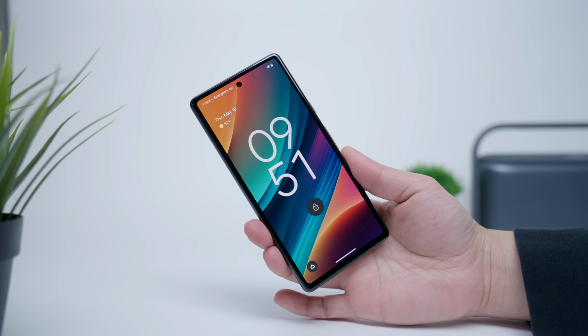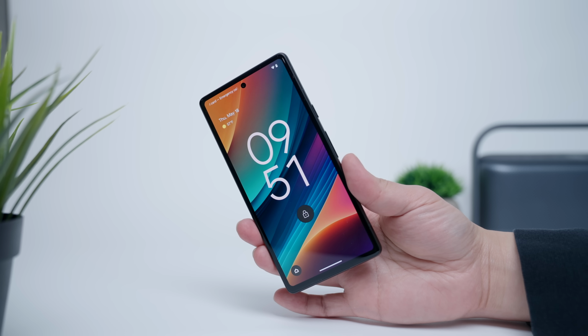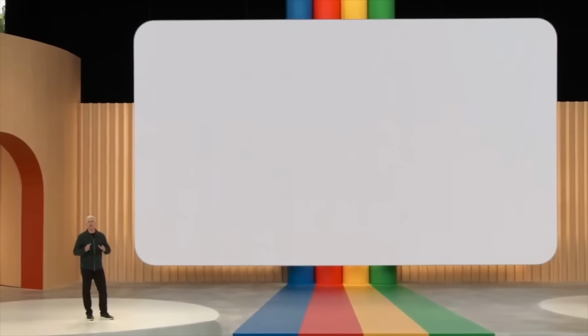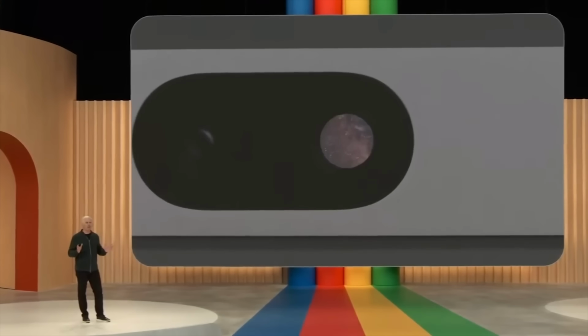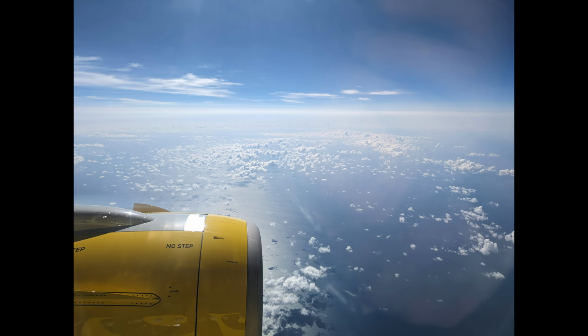It also has an updated 13 megapixel front-facing selfie camera, so all the cameras on this more budget-friendly device are, again, a first for the Pixel. Now I do appreciate having a larger main sensor. This should in theory give the Pixel 7a better performance in low light and give it better natural depth of field. And 1 week later, I'm happy to say that the cameras perform well enough to live up to the